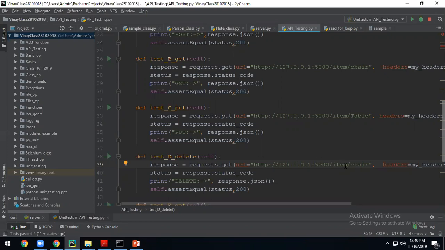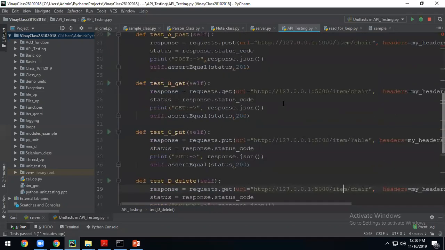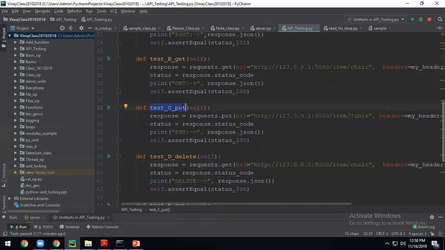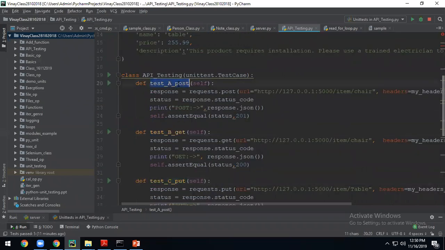Price is something different. Everything will be correct only, like the name will be correct, the price will be correct. Only the status they will change to out of stock. Using which method can they do it? Using the put method, because you are modifying the product. For a new item they will go with post. Post or put also they can call, but post usually they will do it.